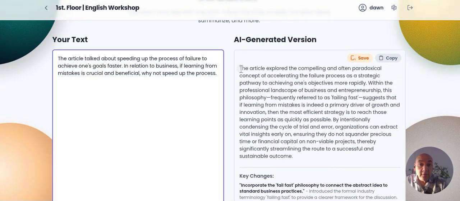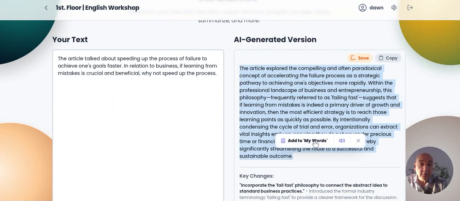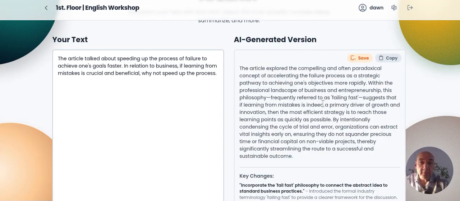And usually this expanded version, it's C level, C1, maybe C2 level. And there's going to be a lot of vocabulary in here depending how much you write that might be new to you. So what you want to do is you want to read this, and then you want to select 4 words. You could select more, but at least select 4 words that are new to you or difficult to you in pronunciation, or you're not too sure about, like